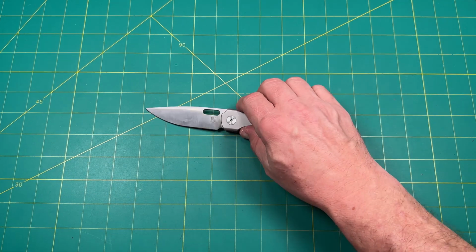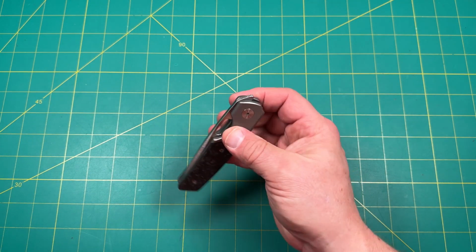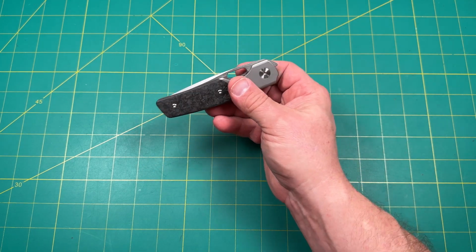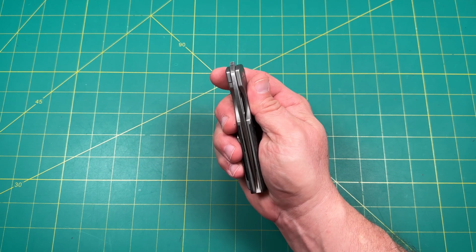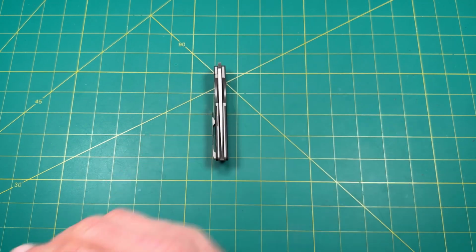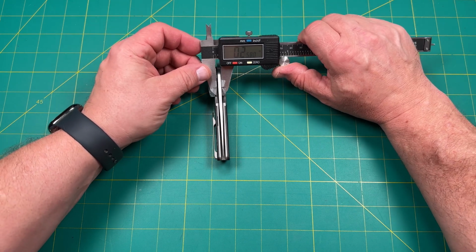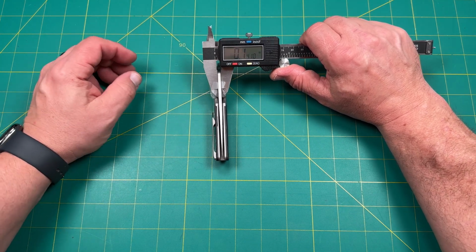Not bad, not bad. Now this one I can actually get to the blade stock thickness, so that's cool. Even though the blade is really nicely hidden in there, which I think is cool. And I do like that swedge, by the way. I think that's really cool. All right, so let's go do the blade stock thickness. All right, now overall blade stock thickness on this one is